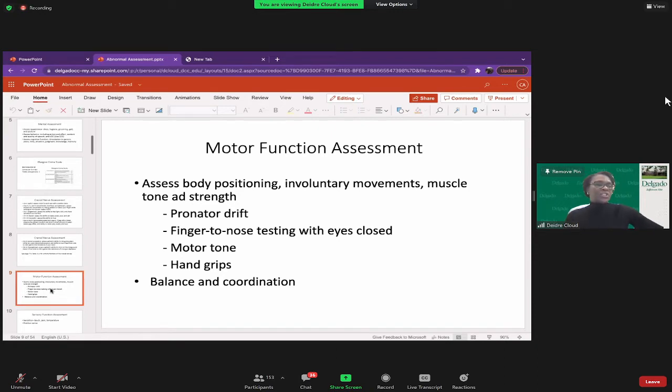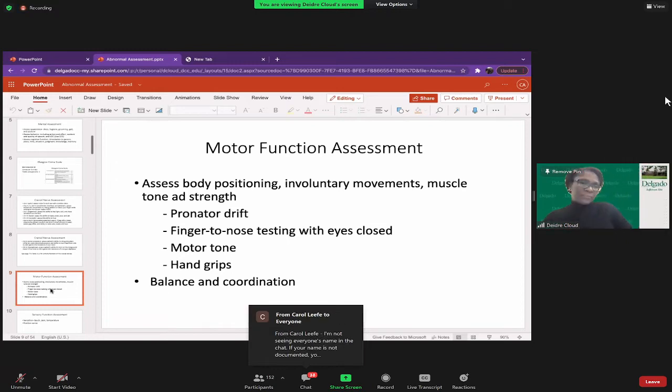If someone has a shuffling gait or they're not balanced, what would the nurse do? This is where we jump in. What do we need to do for that patient? We need to provide for the safety, right? So we have to remember that, provide for safety. And you check the motor tone of the patient, and you check the hand grips. You'll see people do that, have the patient squeeze their 2 fingers to check their hand grips, and